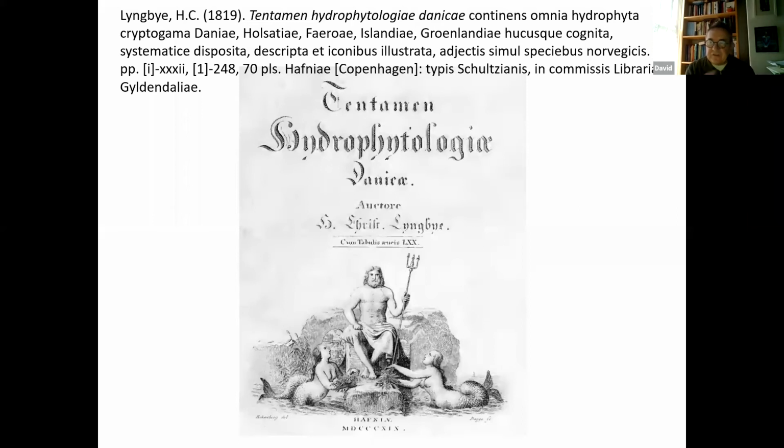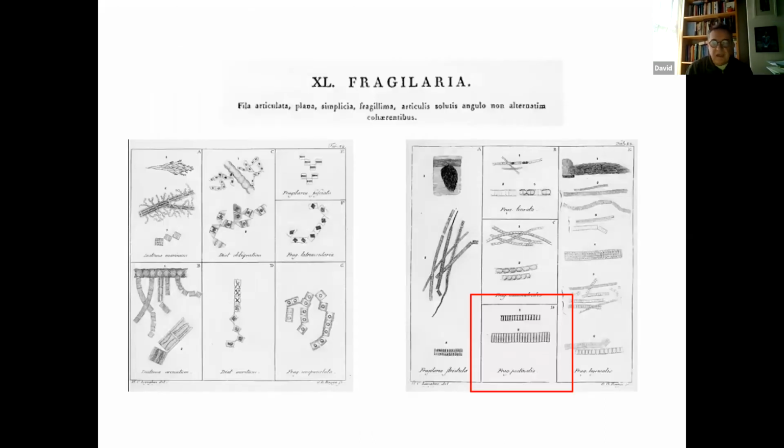Investigating such things as these, I think it's always worth going back to the beginning. And in this sense, for Fragilaria, you can go back to 1819 to this book written by Lyngbye. This is a wonderful frontispiece he had here. I guess that must be Neptune. Again, I'm not sure how clear these pictures come across, but these are his illustrations of species in Fragilaria. There weren't that many, I can't remember how many species he put in them now, 8 maybe.